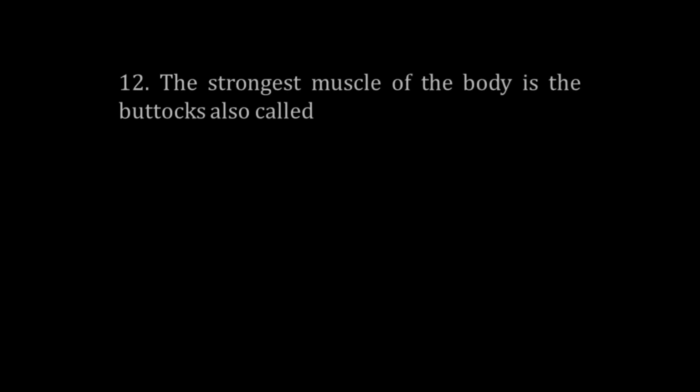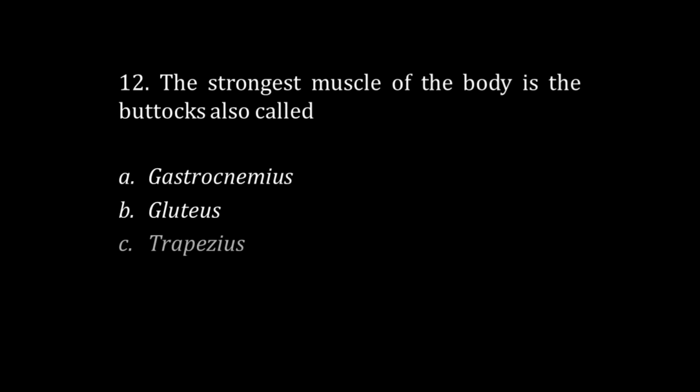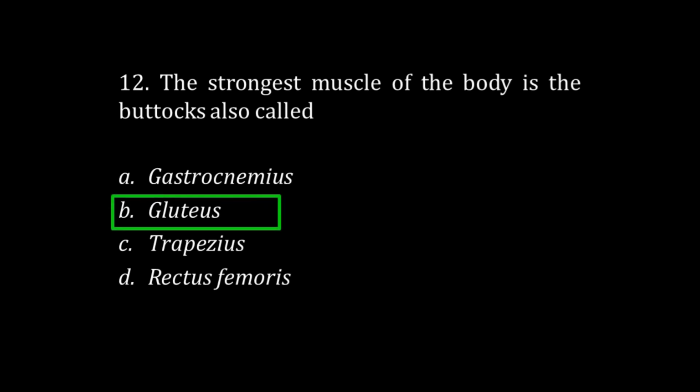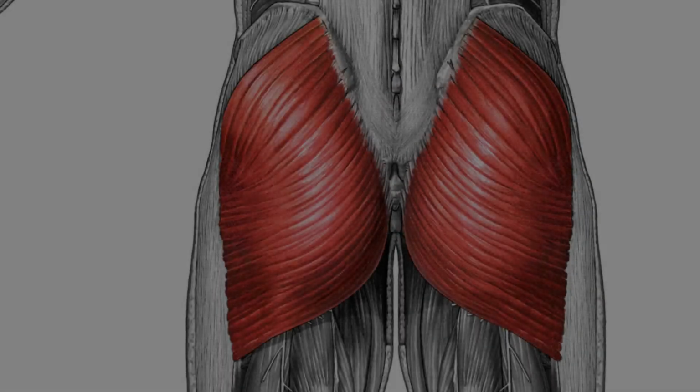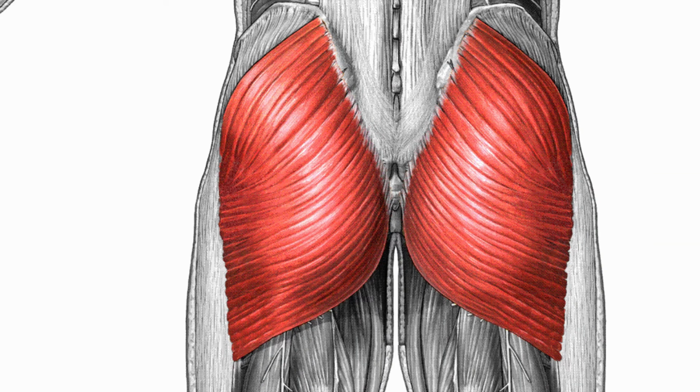The strongest muscle of the body is the buttocks, also called A. Gastrocnemius, B. Gluteus, C. Trapezius, D. Rectus femoris. The correct answer is letter B. Gluteus. The gluteus maximus is located in the buttocks and is regarded as one of the strongest muscles